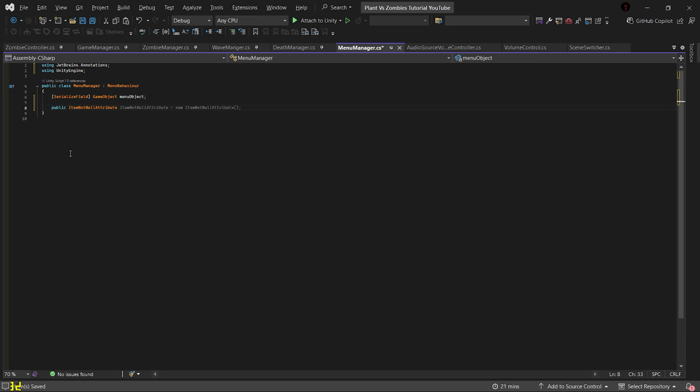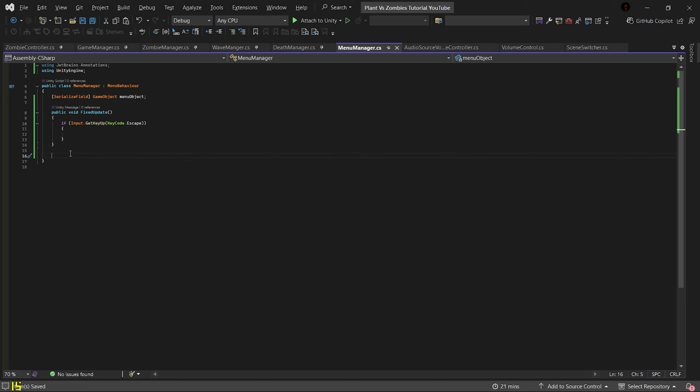We already have a scene manager, so that's good. We'll do public void FixedUpdate. Here we'll do if Input dot GetKeyUp, so if we get key up, then we do KeyCode dot Escape, and then we want to actually